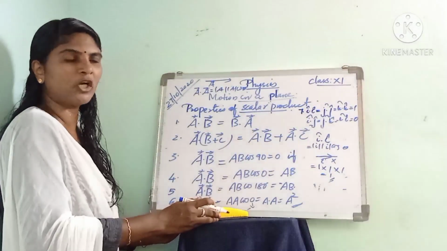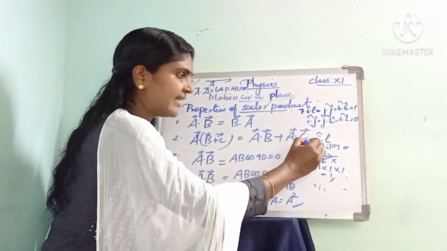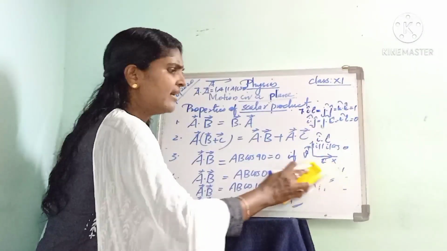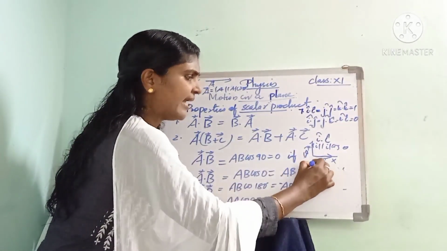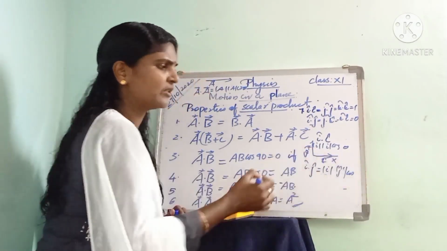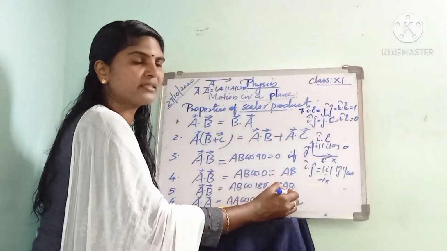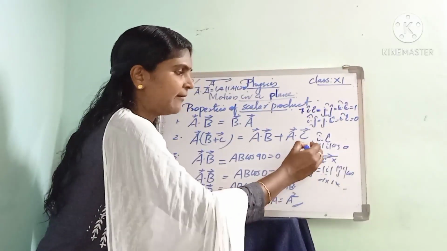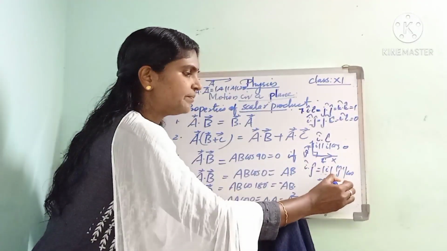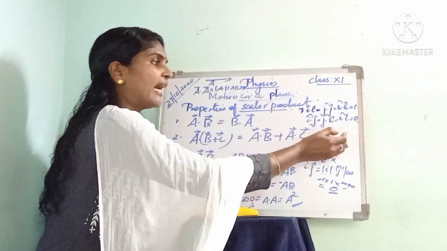You know, I represents a unit vector along the x direction, and j represents the unit vector along the y direction. Here we can represent this I dot j as modulus of I into modulus of j into cos theta. The magnitude of a unit vector is 1, so 1 into modulus of j, which is again 1, into cos theta. What is the angle between these two vectors? It is 90, and cos 90 is 0, so we get 0. So I dot j is actually 0.